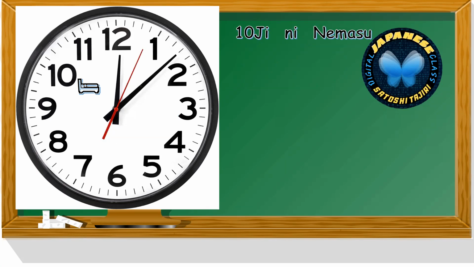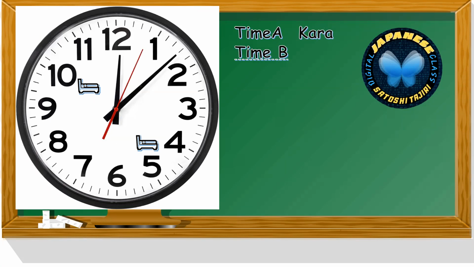Now let's have a different time here. Nemasu. Now you have a time period here. You want to say, I'm sleeping from 10 o'clock up to 5 o'clock. So you have now our time A, kara, then time B, made, and follow with your verb. Okay, so how to say that? 10時から5時まで寝ます。はい、よくできました。